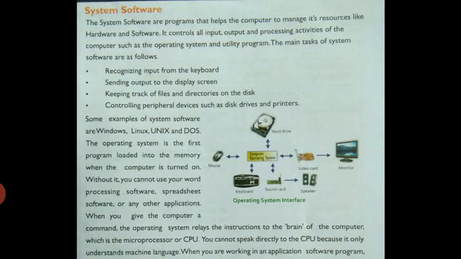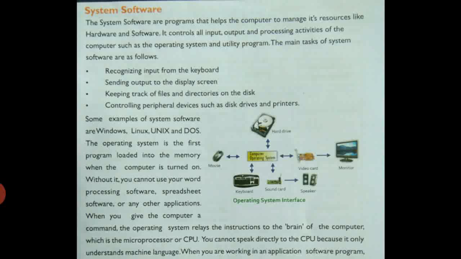A microprocessor is a chip which is used for processing purposes. And CPU means, again write down the full form: Central Processing Unit. You cannot speak directly to the CPU because it only understands machine language.